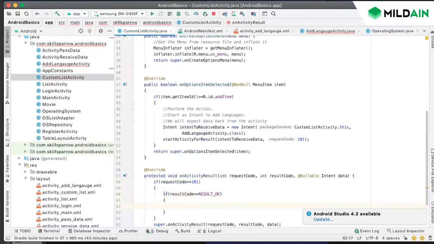Like I said, there can be different request codes. If request code is 1 and result code is positive,